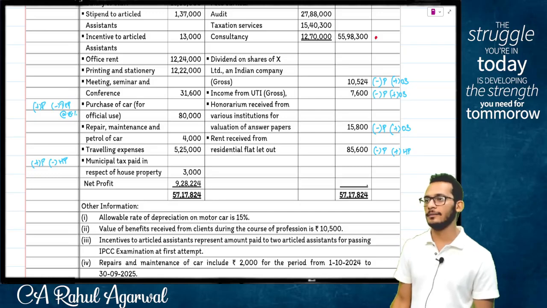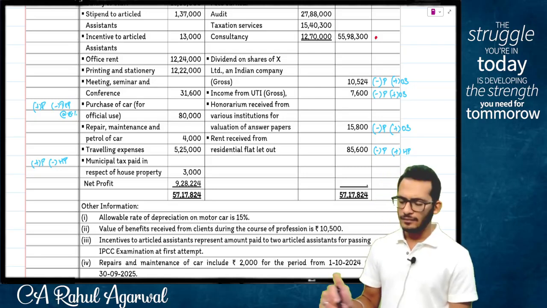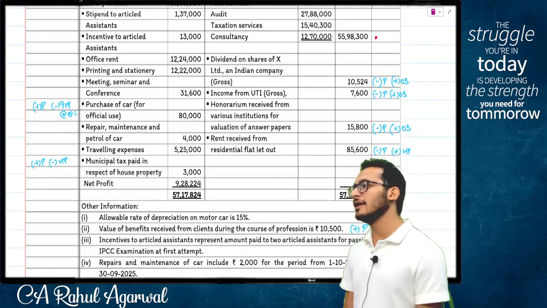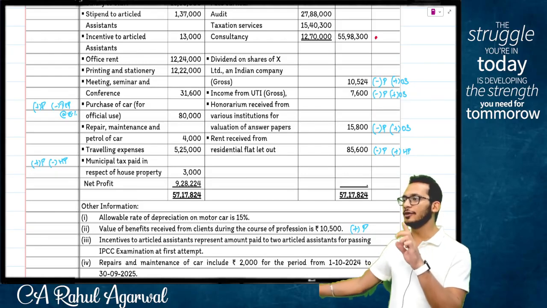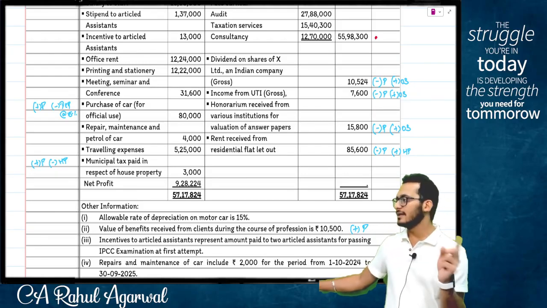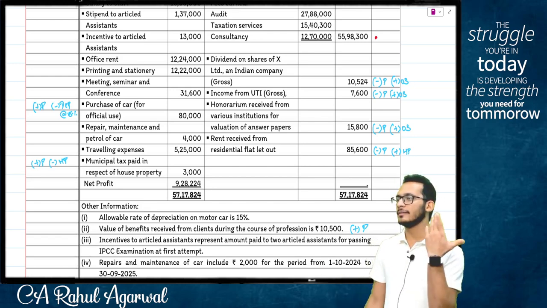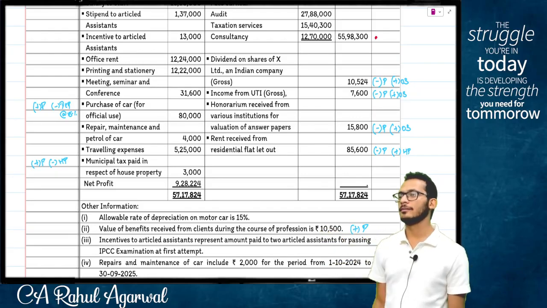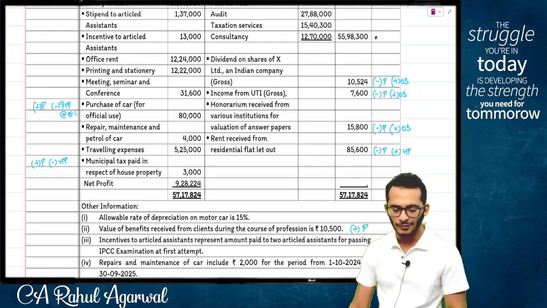Now comes the question, what is this? Under business. Therefore add to PGBP. People, it says value of benefits received in profession. Value of benefits means nothing but I've given you a gift in business. And if you remember when we discussed, I told you gifts are of 3 types. From employer, salaries. From business, PGBP. From other people, IFOS. People, under business there are no limits. Under business even if 1 rupee is received, fully taxable. It is not there in P&L, should be there in P&L. Therefore added back. Incentive to article assistants represents amounts paid to 2 article assistants for passing IPCC exam in